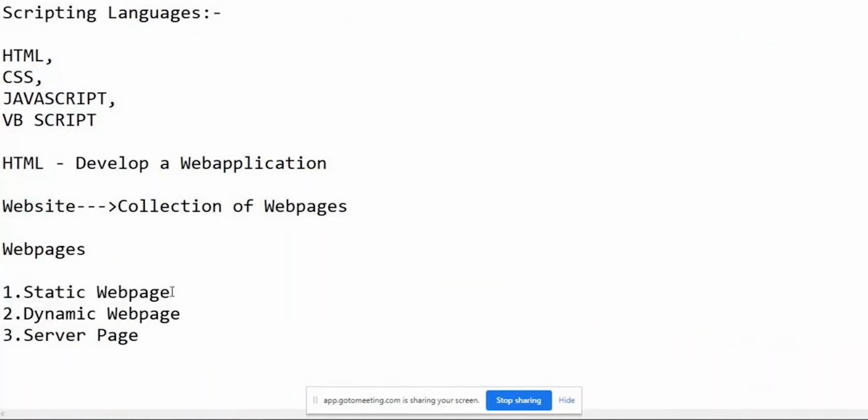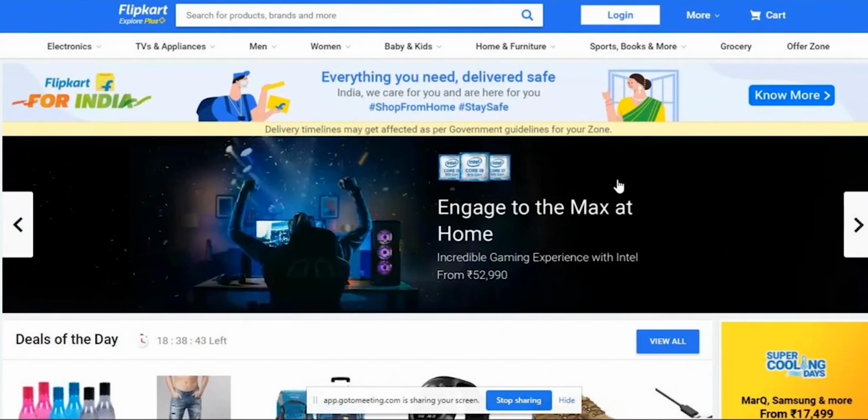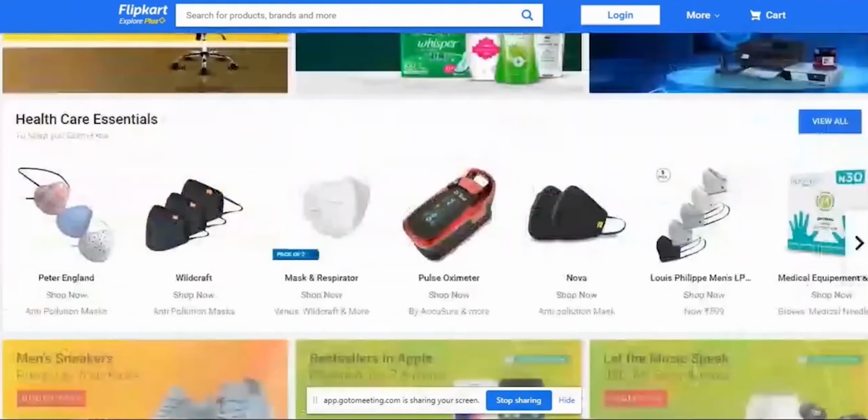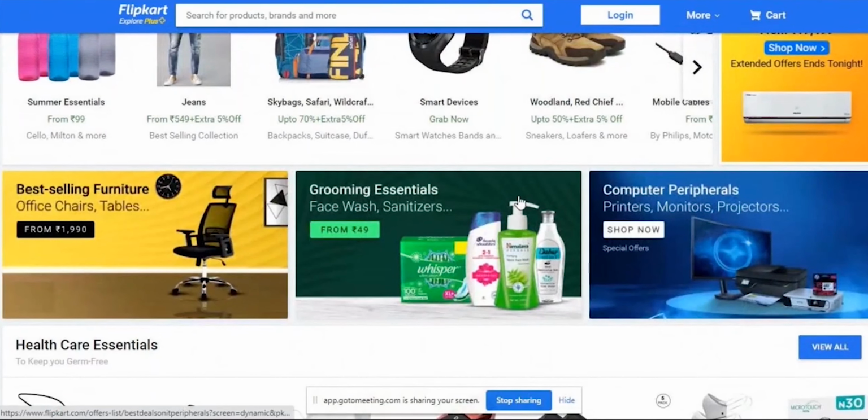Static page means it stays static, you can't change that page. Dynamic pages mean whenever a festival season comes, a lot of offers will be available, so the images will change, the content will change, the prices and products will also change. That is the dynamic page. Dynamic pages change on a day by day or hourly basis.